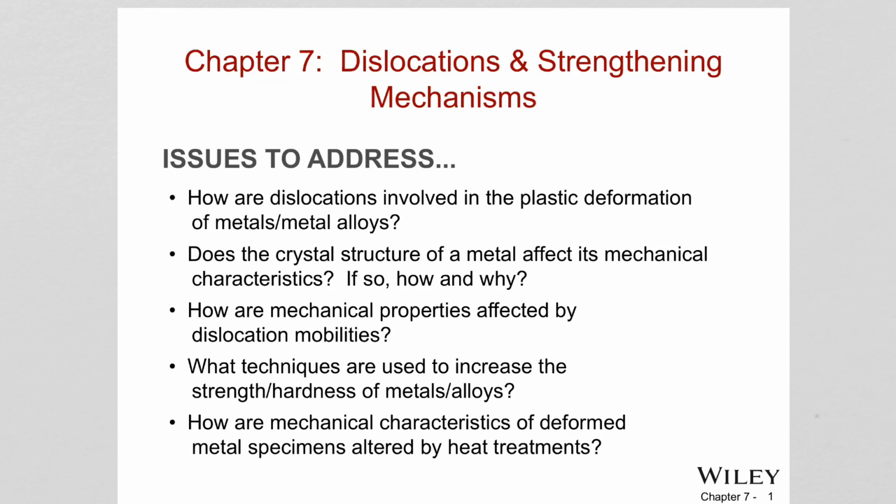And I told you also the reason materials can deform plastically, meaning permanently, is because of the existence of dislocations. So we're gonna learn the relationship between dislocations and deformation, and also how the crystal structure of a metal affects the mechanical properties,